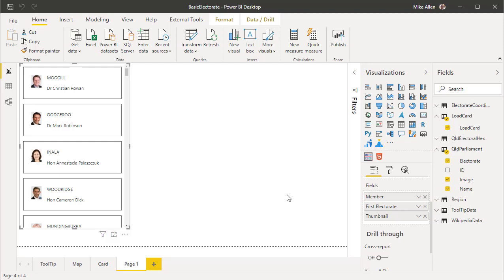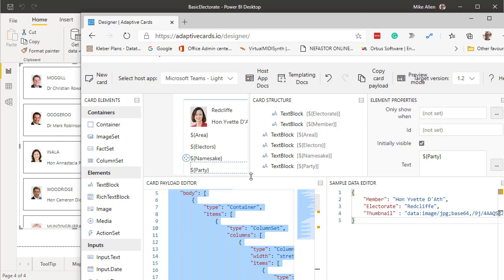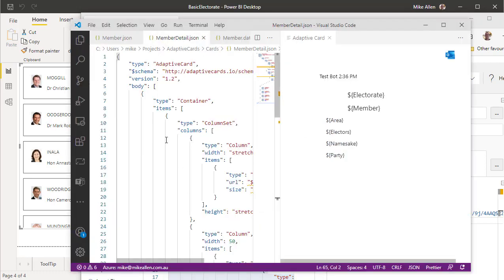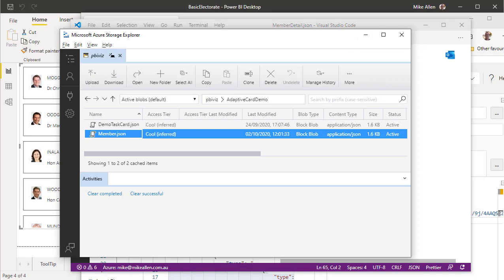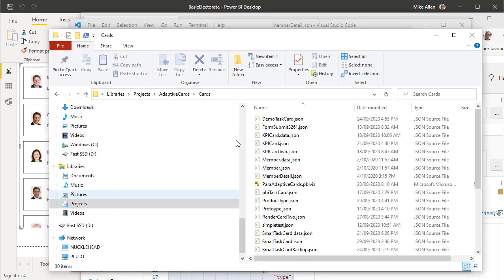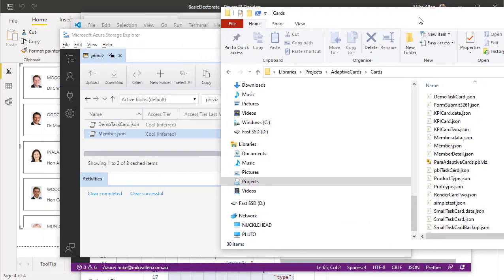Okay, I've created another card. I'll just show it to you. It's a member detail card. So I've copied that card into the editor. You can see it there, and I've saved that. So what I'm going to do now is drop that card onto